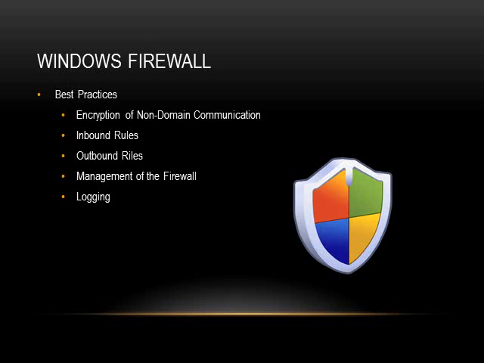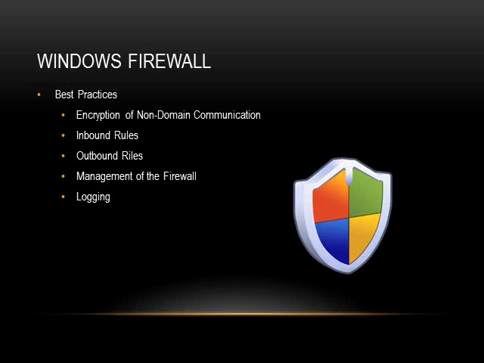Alright, now we're talking about Windows Firewall best practices. The first best practice that should be enabled is through IPsec. There's a setting that is able to enable encryption between non-domain and domain users. You can also have it where it denies all connections. You also want to set the inbound rules and the outbound rules, and the best way to start off is by a default deny, and then build your rules and policies from there.